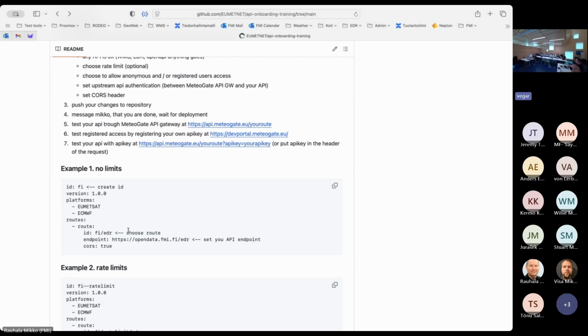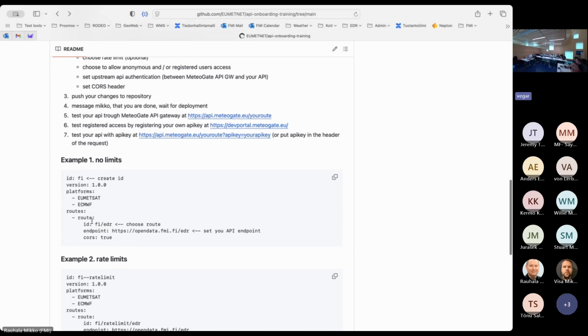There are default rate limits behind, but it's very open. It doesn't require registration either. So it's possible to use it anonymously without any API key, and